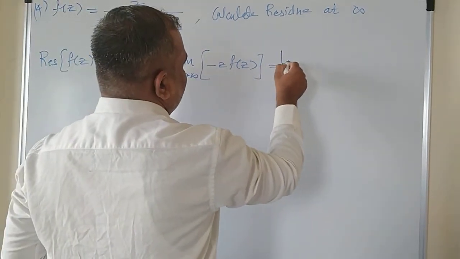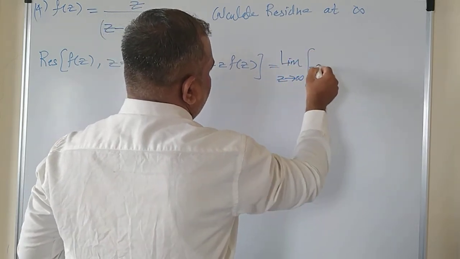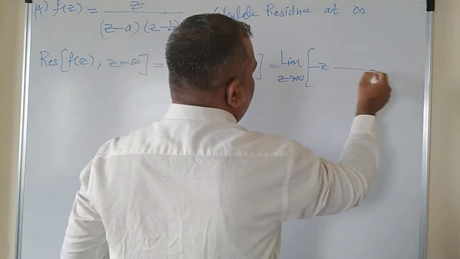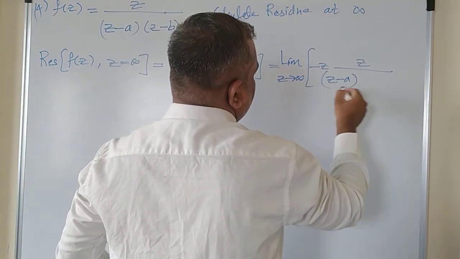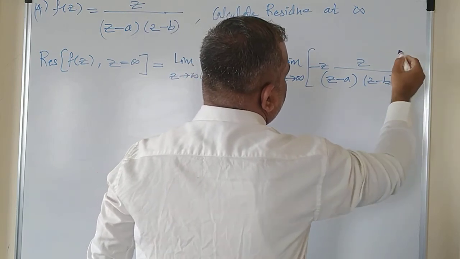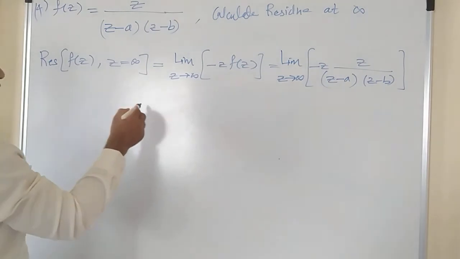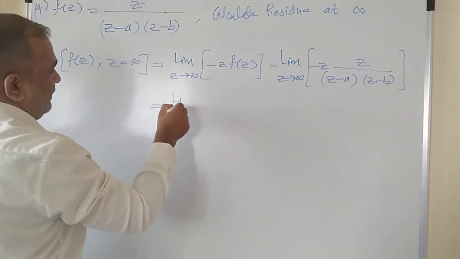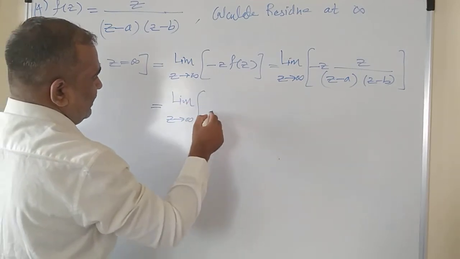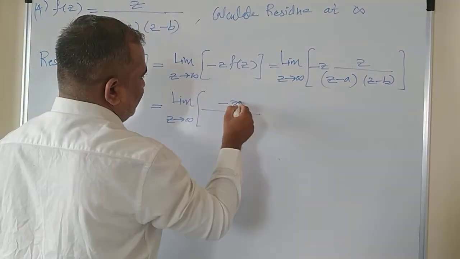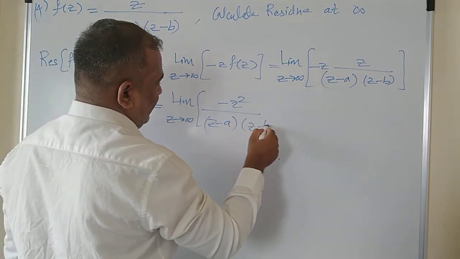So you will get limit z tends to infinity of minus z into f of z, which is z divided by (z minus a)(z minus b). That will become minus z square upon, right? So let me write it again. Limit z tends to infinity, and this will be minus times z square upon (z minus a)(z minus b),